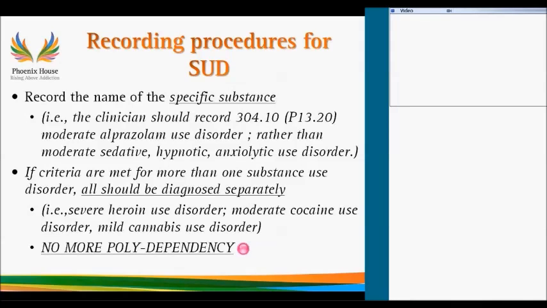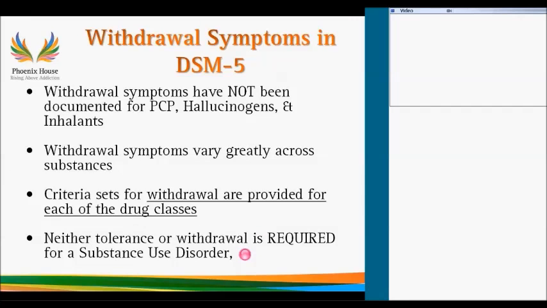Recommendations, different protocols, recommendations for level of care and reasoning as to why and why not someone would meet that diagnostic criteria. When we would diagnose polydependency, it was kind of just global in nature and not really addressing the specific issues. And for those of us who work with people with poly use, we know that someone who's abusing heroin has a very different symptom presentation than someone who's smoking marijuana. And so to have treatment be driven by the diagnosis itself actually can be helpful in our treatment planning and then hopefully having more successful outcomes.